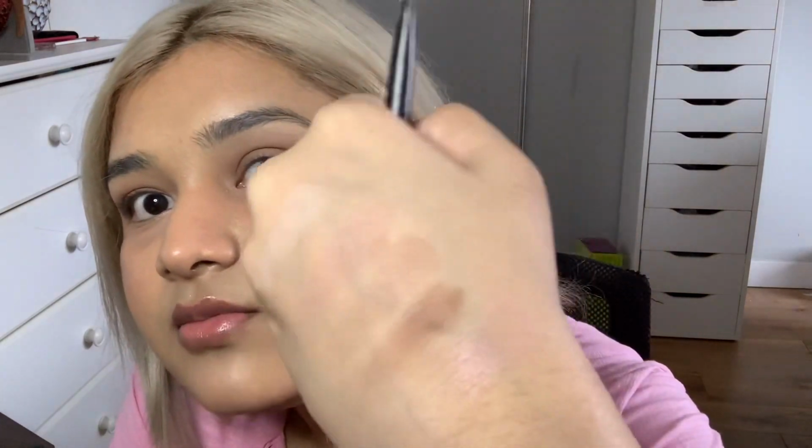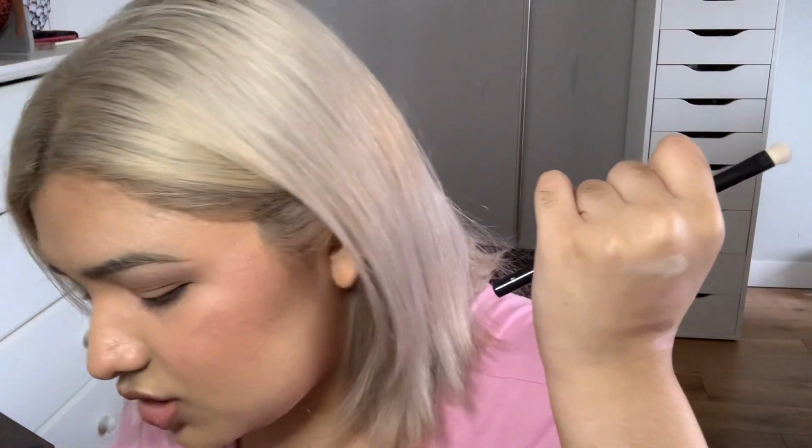Then take another flat brush, this one. Again, it's similar to the e.l.f. one, it's just clean. And take a shimmery shade. Now, over here you have quite a few options. You can use something that's a bit more pink, which I think I'll go with since I'm wearing pink today. Or you could go with a bronzy shade or a gold shade. You can also go with more of a champagne shade